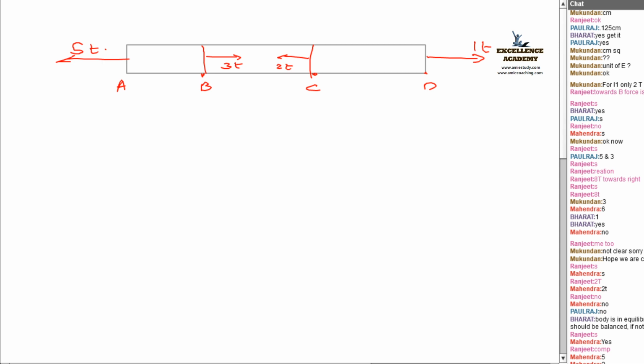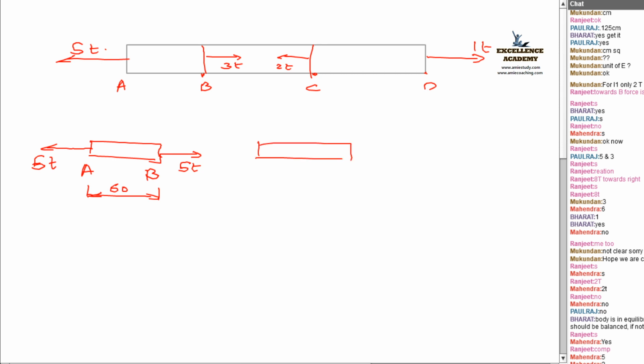Okay. So first of all, you have to draw the free body diagrams. First of all, you take the part AB, and 5 ton is acting in this direction. What about here? This is also 5 ton. And this has a length of how much? 60. So that part is over.